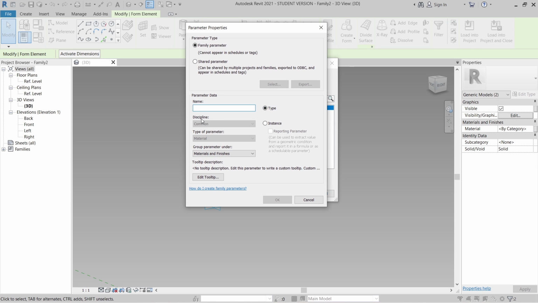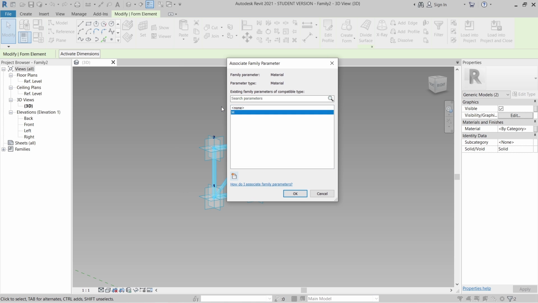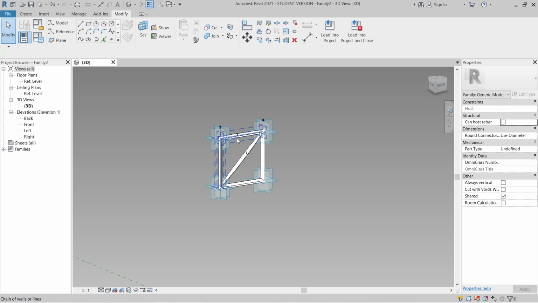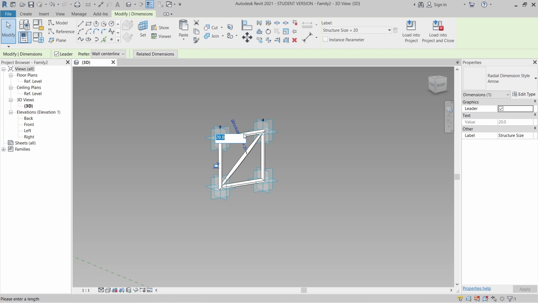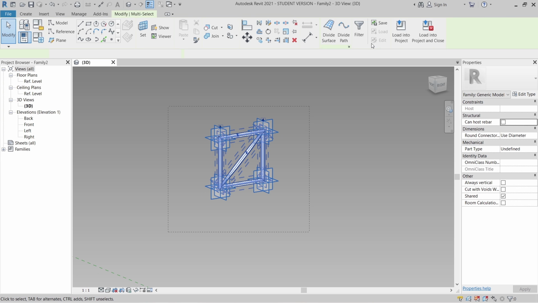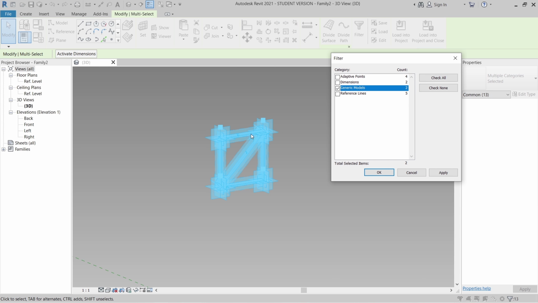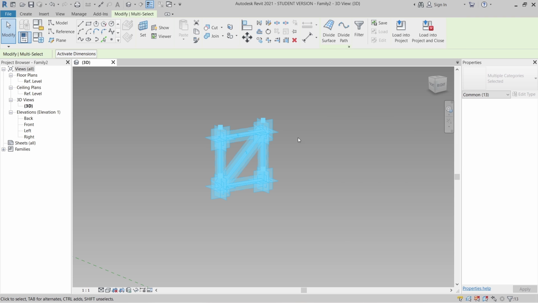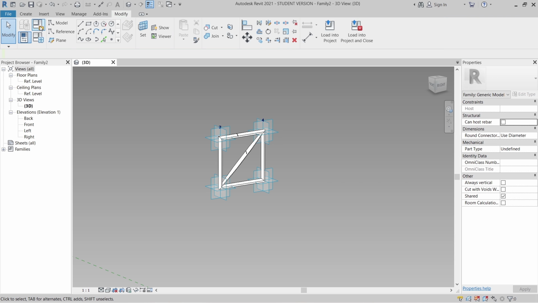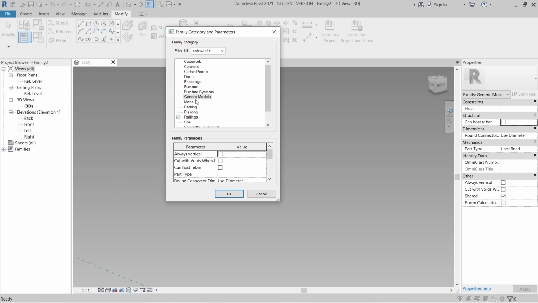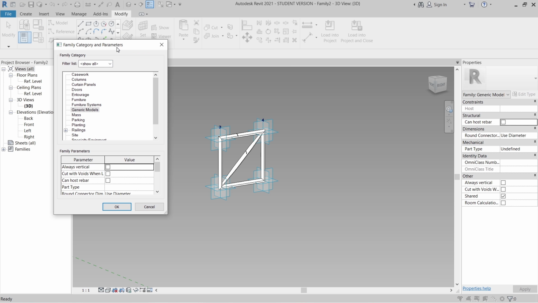Here is a parametric. Parameter material. I will change the material for M. Okay, let me explain you more. The reason there is stand for generic model, adapt generic model here, as you can see. The reason here is stand for generic model because the setting up there we are using for generic model here. When you open family category parameter, you will see that here we stand for generic model.